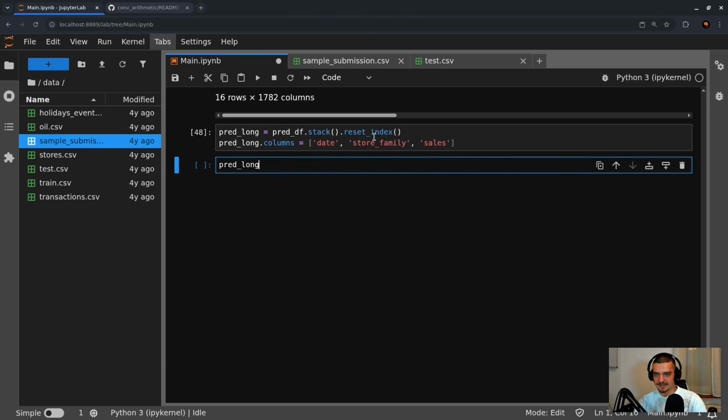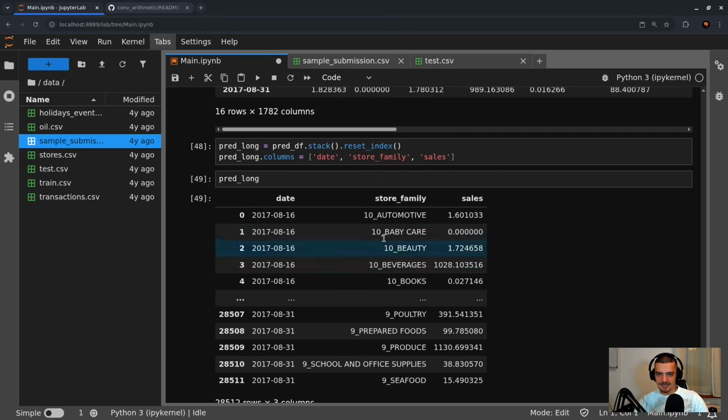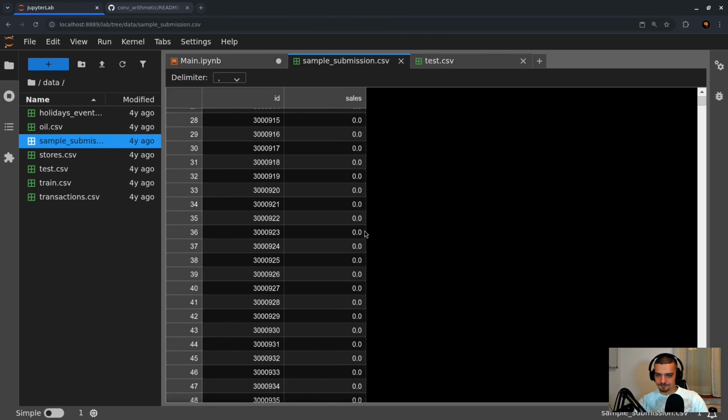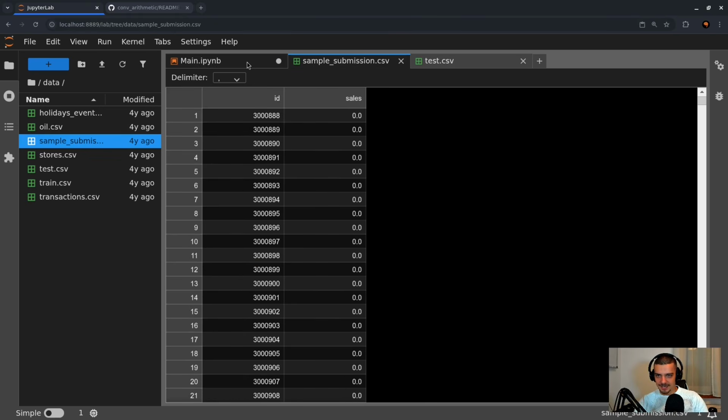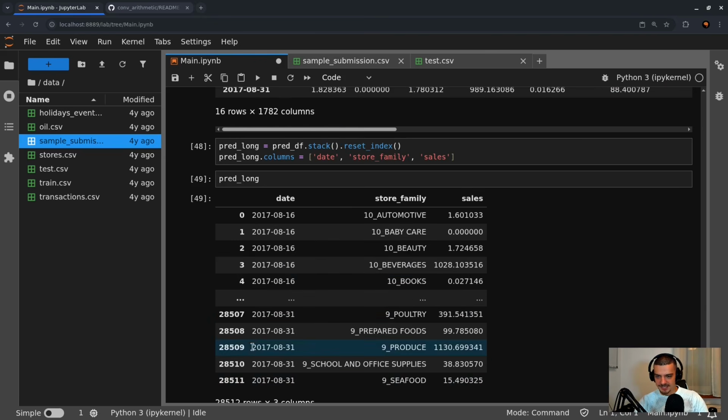And we can take a look at this. This is now already in a pretty nice format. And as you can see now, we just need to add the ID, the proper ID. So we do have some ID, but that is not mapped to what we're interested in. But we don't actually need to craft this ID. We can just map on